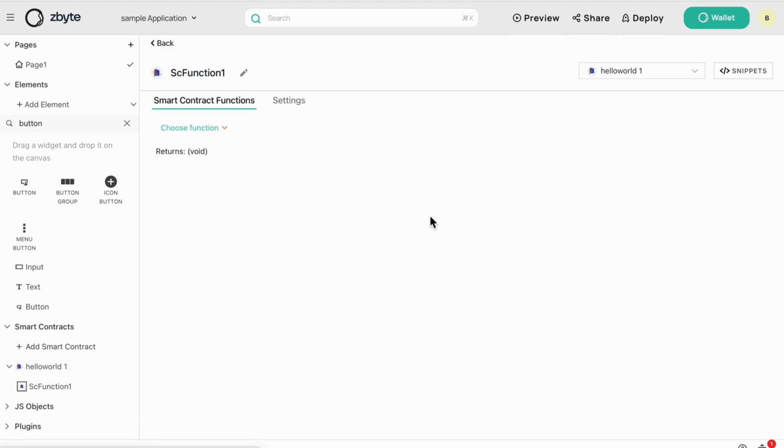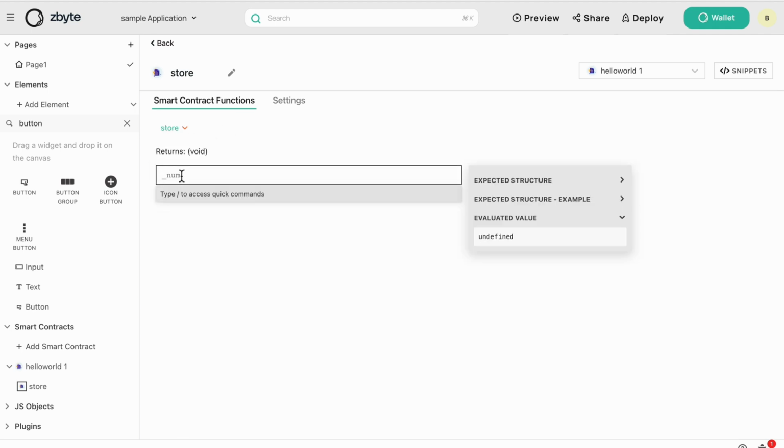Now I can name my function here. There are two types of functions here, store and retrieve. I'm going to choose the store method from here. As you can see, the store method takes an input, and I want to take this input from that input